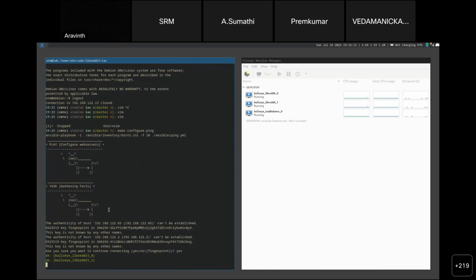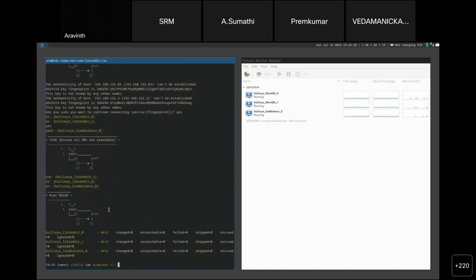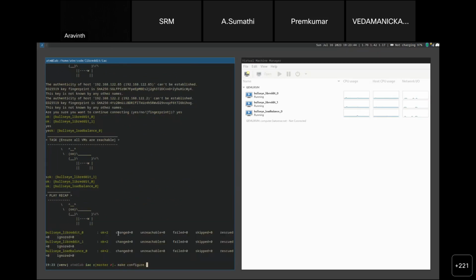The way Ansible works is that it will remotely log into our VMs and then run scripts in a certain way. By certain way, what I mean is that it will first verify if that step's end result is already present. If it is present, then it will simply skip that step. If it is not present, then it will run that script and do what its intended result is. So we now have network access to all three VMs. Now let's try to configure it.